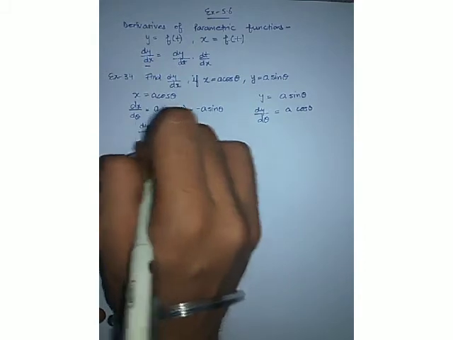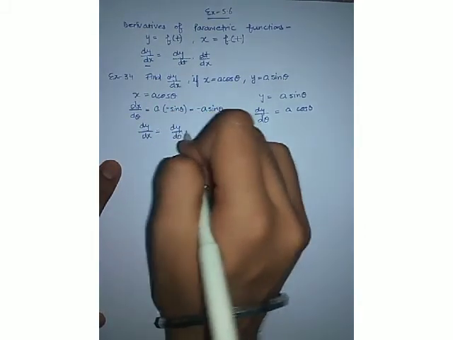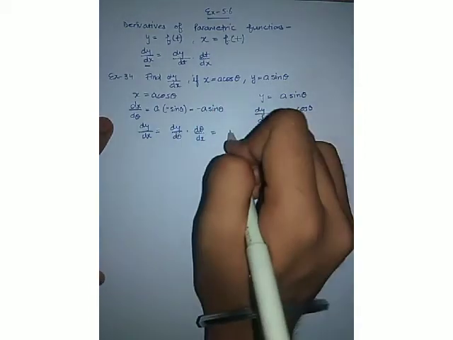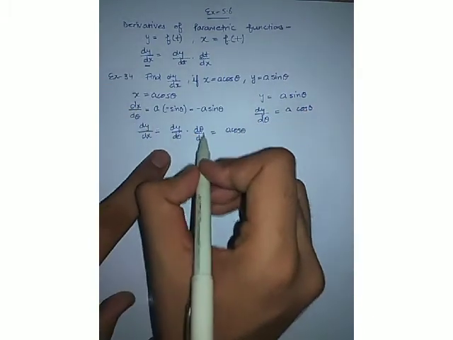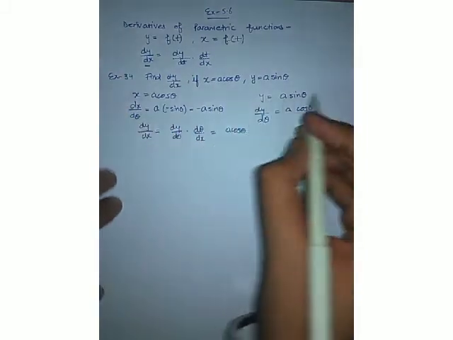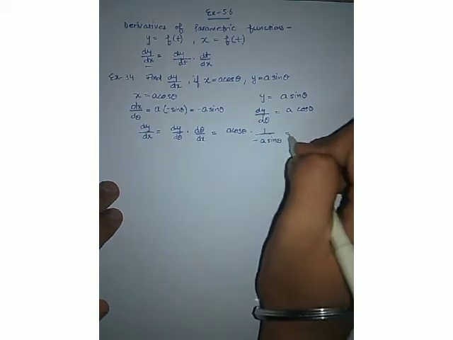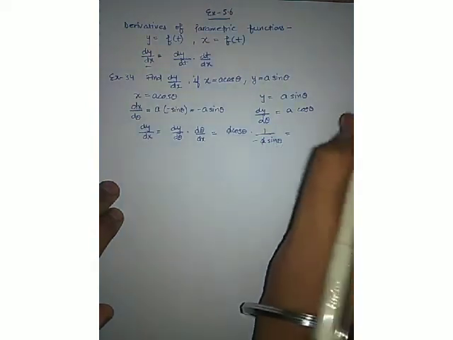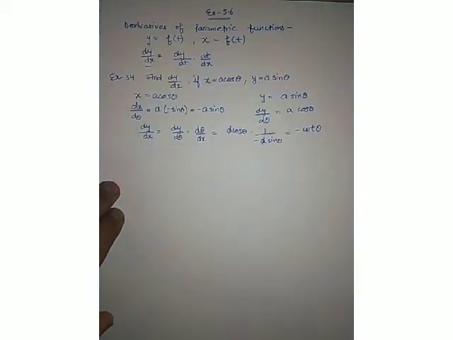Now what is dy by dx equal to? It is equal to dy upon d theta multiplied by d theta upon dx. Clear? Dy upon d theta, that is a of cos theta. Now we have dx upon d theta, but we require d theta upon dx. So this result will be reciprocated and you will get 1 upon minus a of sine theta. Clear? Now a and a will be cancelled out and you will get cos upon sine. Now what's cos upon sine? That is cot and subtraction sign. So minus of cot theta will be the required result, which is equal to dy upon dx.